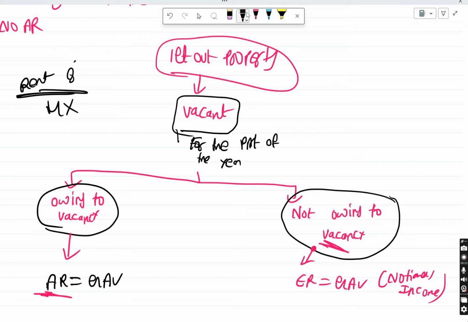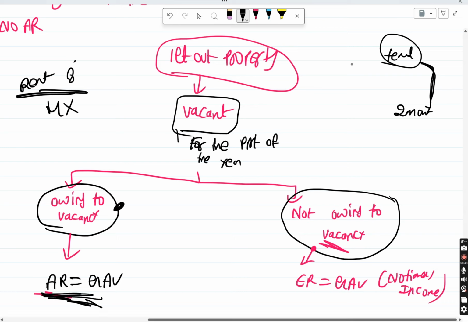Normally you can take it this way. Let's just say I have a tenant right now, and then he vacated the property. Then to find a new tenant, it will take 2 months, right, for me. Let's just say 2 months, 3 months. This period I can call vacancy. Because this is a genuine thing, whatever actual rent you consider, that will be considered GAV. And if it is not because of vacancy, then we will take expected rent is equal to GAV. More about this you will get clarity when you are doing the questions.